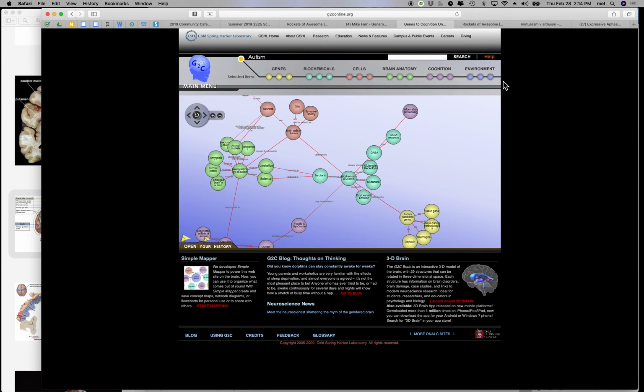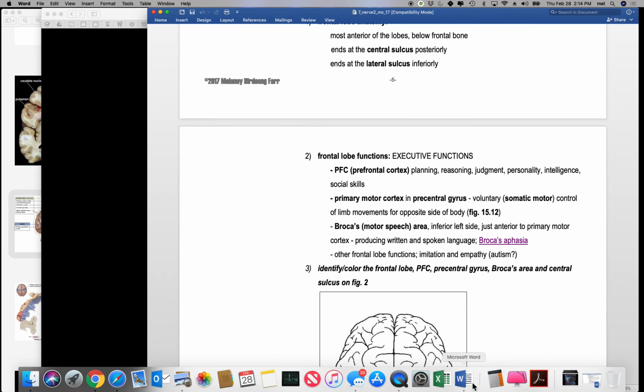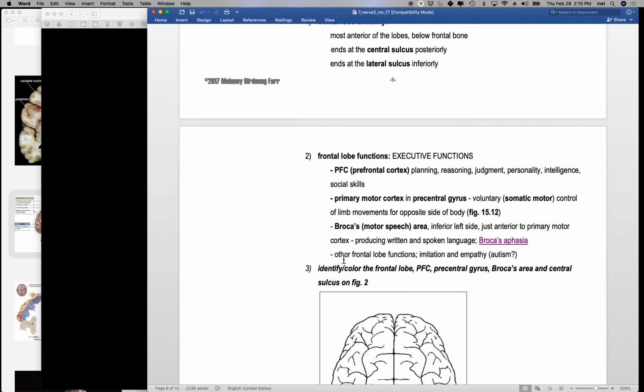Okay, so I want to talk about autism a little bit, but before I talk about autism, I want to talk about a couple of other things that are in the frontal lobe, although I'm not going to make you know exactly where they are because we don't know exactly where they are. Some other frontal lobe functions, we'll talk about that, and then we'll talk about Phineas Gage and imitation, empathy and autism. Okay, so one of the things that the frontal lobe does for you is allows for a certain type of